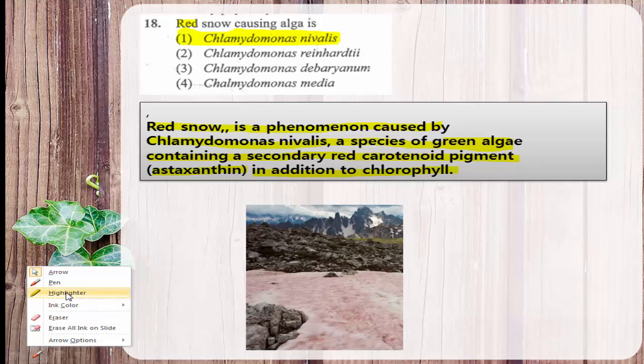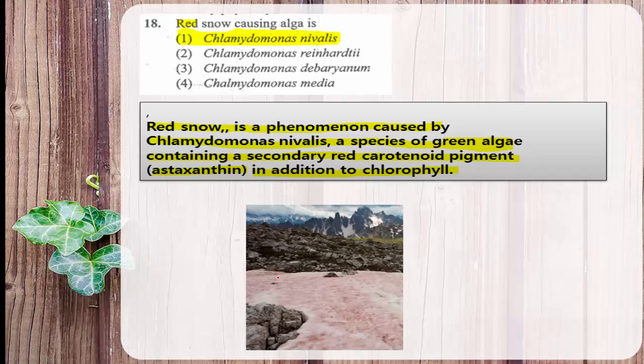That's what, see, the color is somewhat similar to the watermelon. Edges are white and here and there red patches can be very clearly seen, and this is because of the red pigment which is present in the Chlamydomonas nivalis, but the main dominating pigment is chlorophyll. Due to that red pigment only, the snow exhibits red color, and it is caused by Chlamydomonas nivalis. So the answer is Chlamydomonas nivalis. Other names to remember: watermelon snow or blood snow.